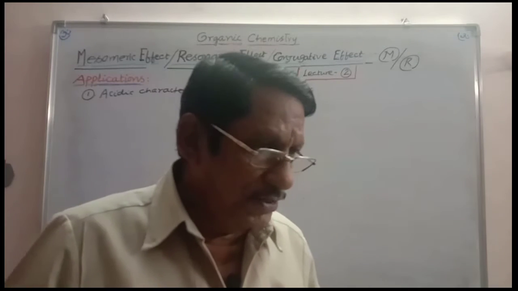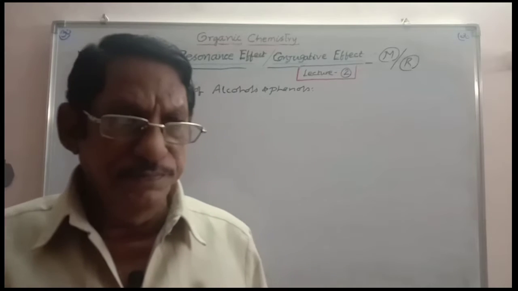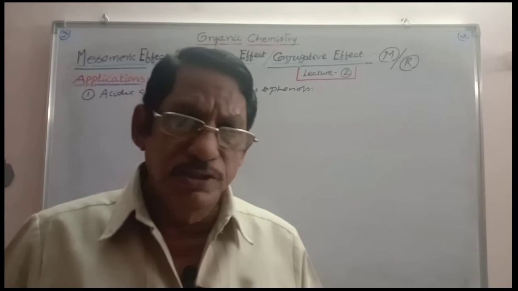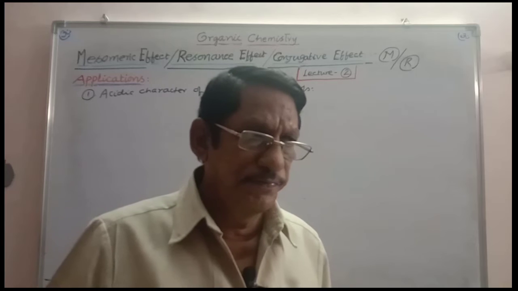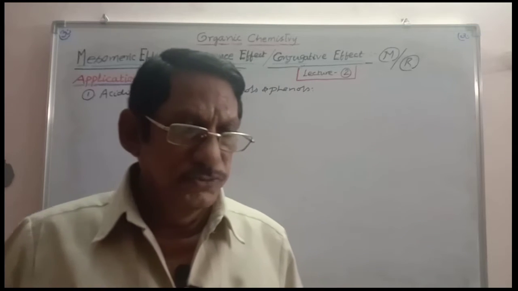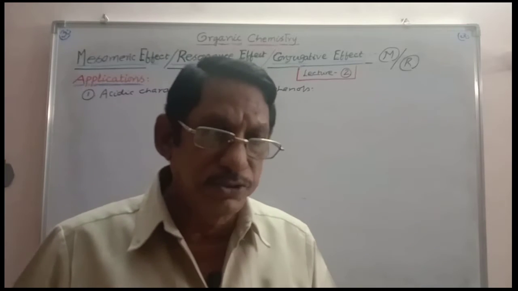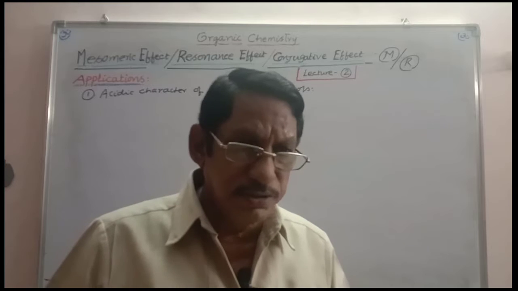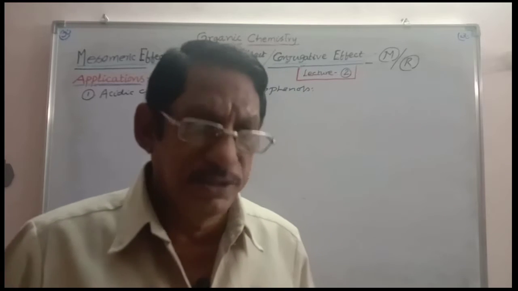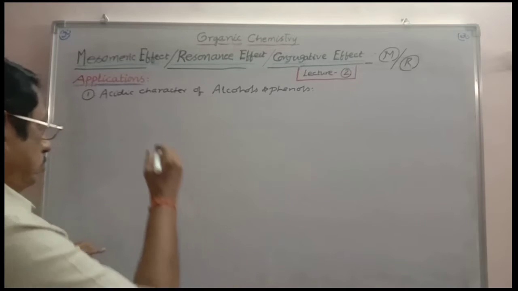Generally we know that phenol is a weak acid which can turn blue litmus to red and is also soluble in sodium hydroxide. But alcohol is not that case. It is not acidic enough to turn blue litmus to red. It is even less acidic than water. So we will consider three compounds.